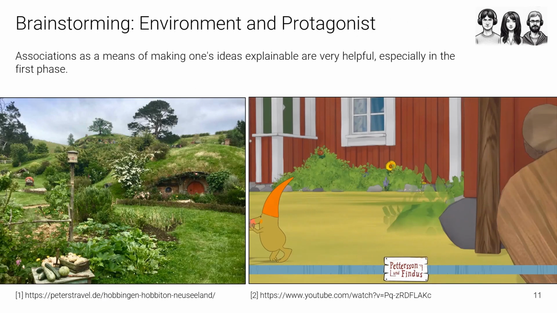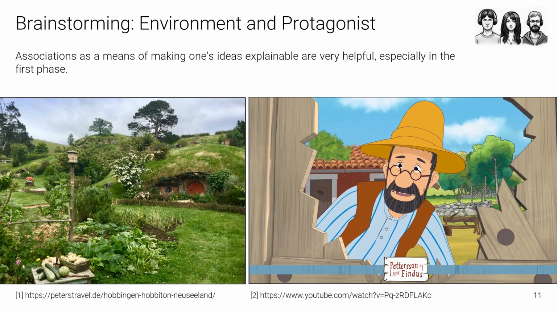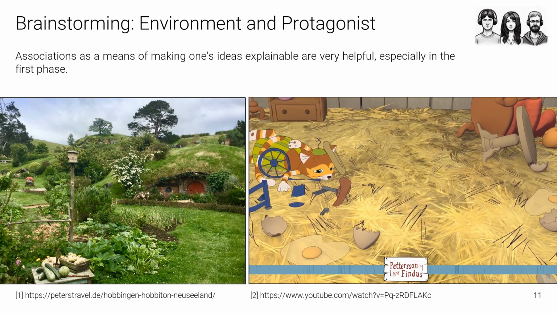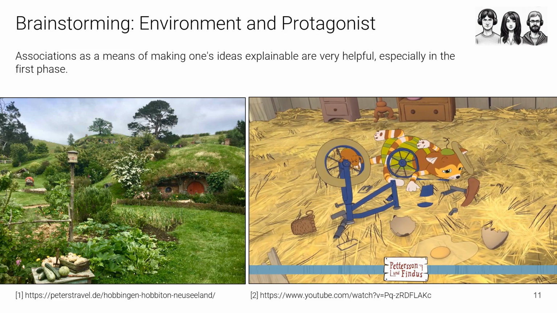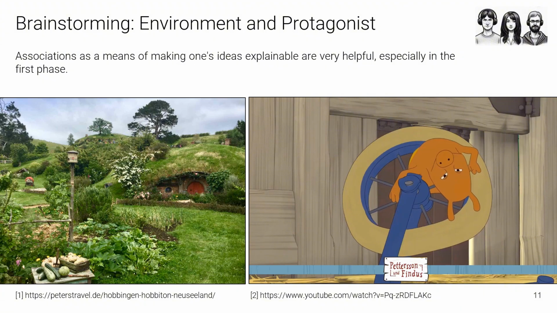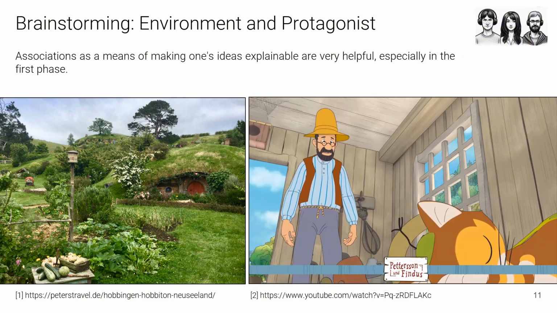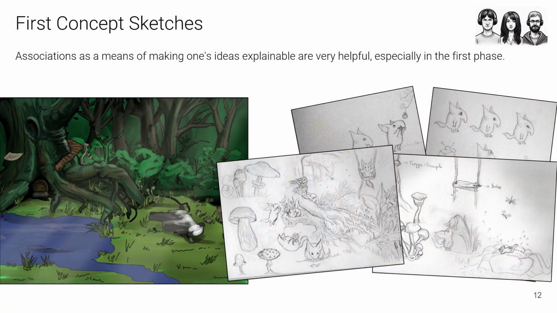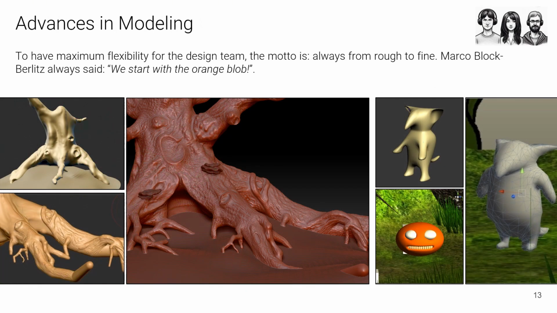From the brainstorming, an idea emerged in that a world is to be seen in which a small, cute protagonist lives. Associations of the ideas were found, for example, with the hobbits in Lord of the Rings or in Findus and Petson. Initial concept sketches were created. A plausible world had to be created for the protagonist. This allows the daily routine or life to be better understood and made comprehensible for everyone who is involved in the team. As the project goes on, of course, we see progress.